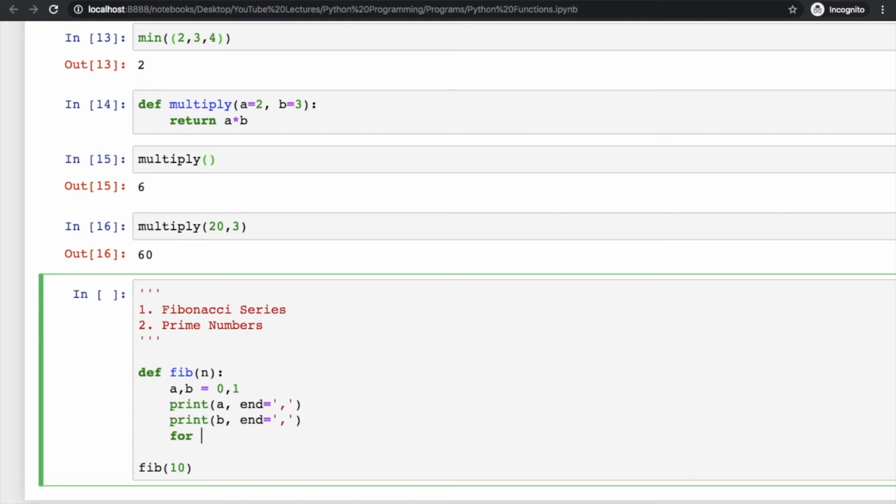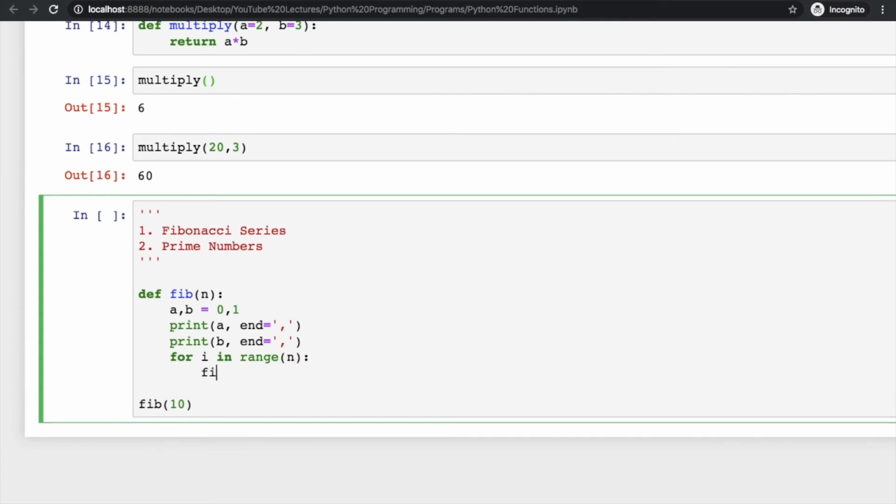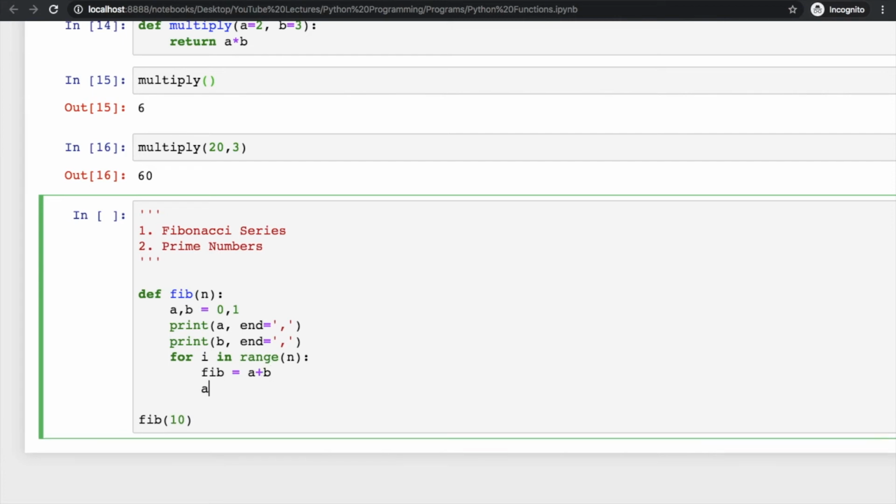Then you have to print the other n numbers. So I will write for i in range, then pass n inside this. Take another variable fib which adds these two values, a plus b, and then assign b to a and this fib to b. Clear? That's how we calculate the Fibonacci series.